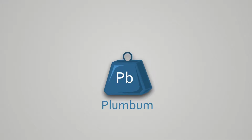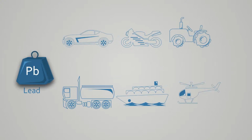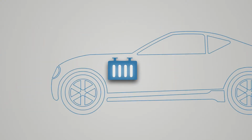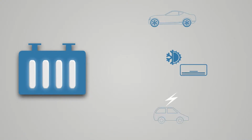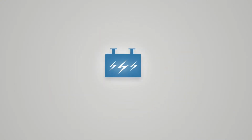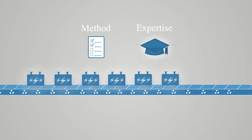Plumbum, a metal, also famously known as lead, is the reason why your cars, your bikes, your tractors, or for that matter any of your automobiles can start to move. It is the heart of the lead-acid batteries your vehicle depends on to power up its lights, air conditioners, ignition and all other energy-consuming features. For lead ore or scrap lead to turn into the powerhouse of these batteries, it takes method, expertise and industrial